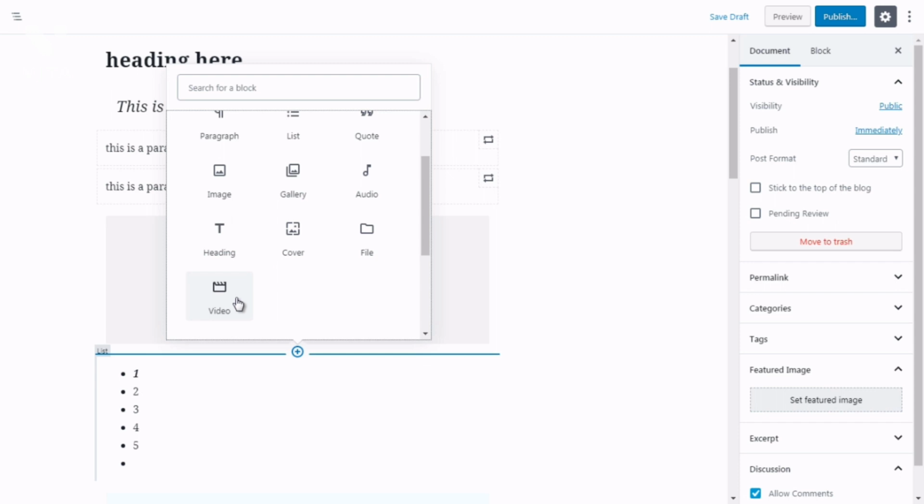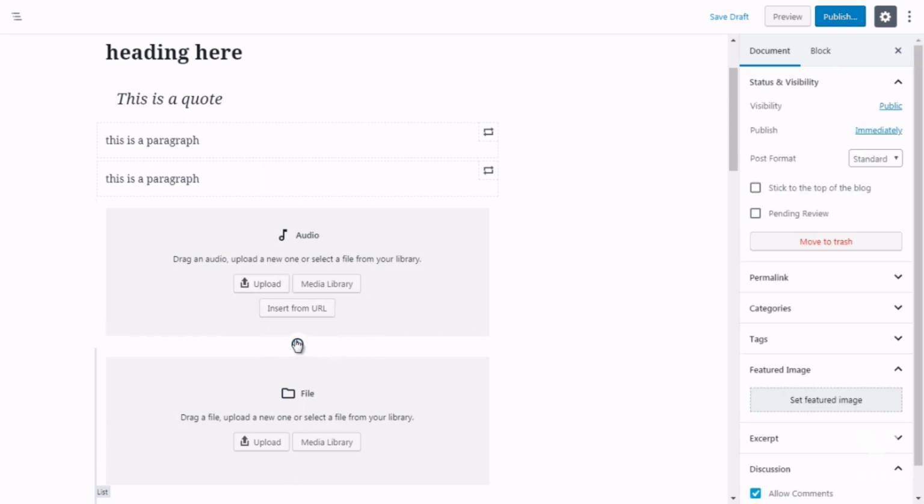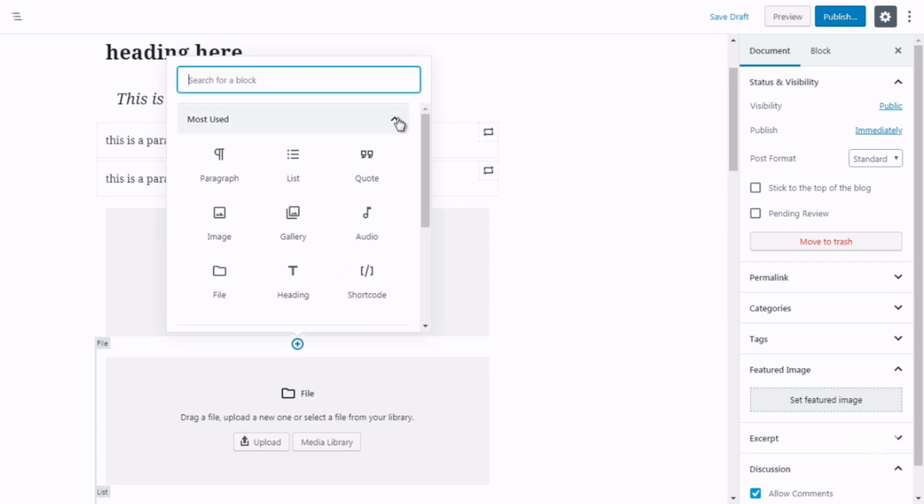Videos are very similar. You just have to have the video in hand on your computer. You upload it to the media library, or you get the URL. We have file, which is again similar. If you click on file, same thing. Very similar to audio, video, image, and gallery. And of course, the last one